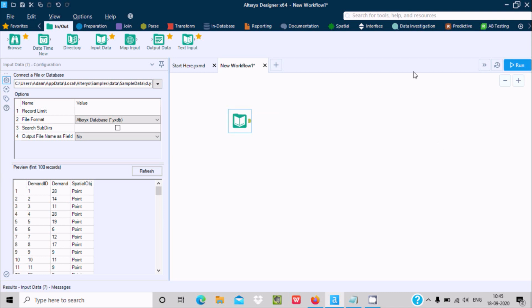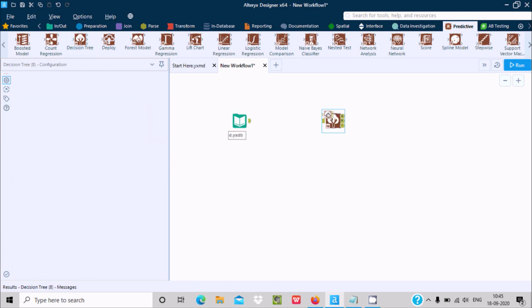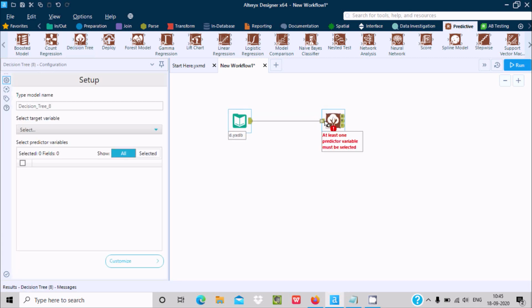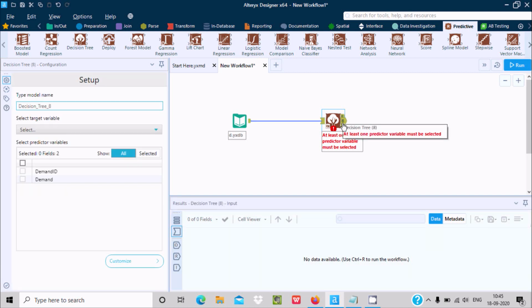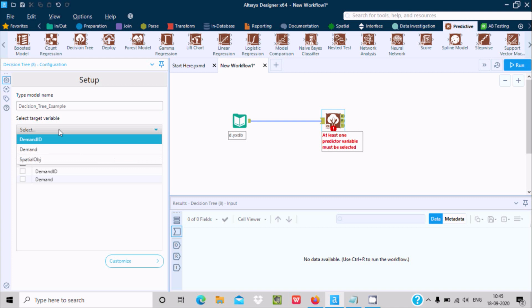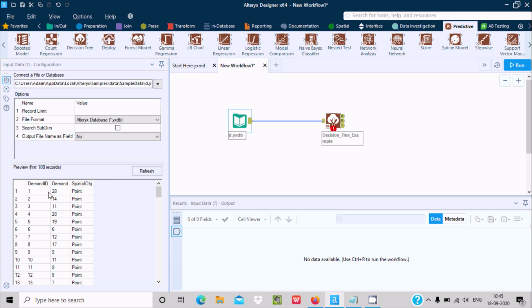Now we need to use a decision tree. Here you can see the input part, and here O is for output or report, and I is for interactive report. Automatically type the model name. For the decision tree, I'm giving the name example, and you need to select the fields. I'm going to select demand ID, it's unique.